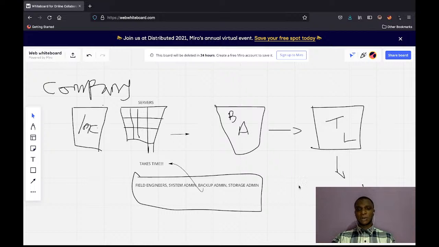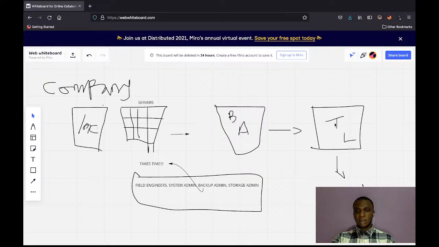So today we'll be talking about what IaC can do, and how companies have moved away from the traditional way of rolling out applications and servers. This is just a short description. A company, for example, now wants to roll out an application, or a server. The request will have to be sent to the business analyst, and the business analyst sends it